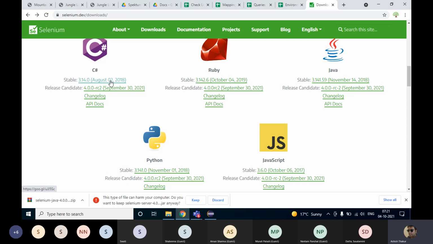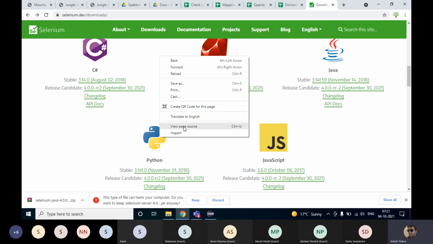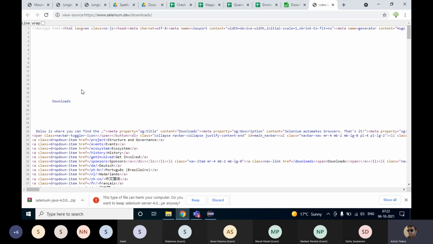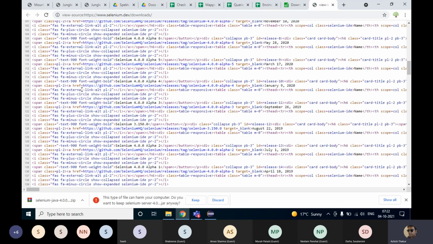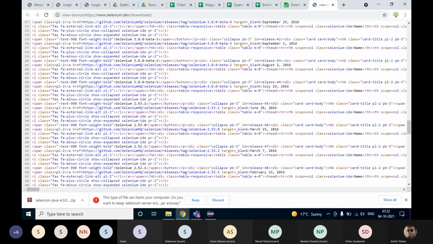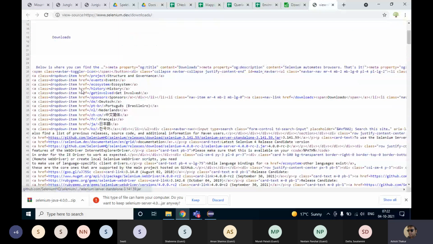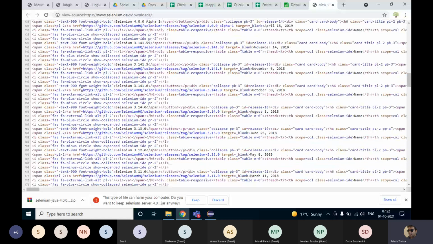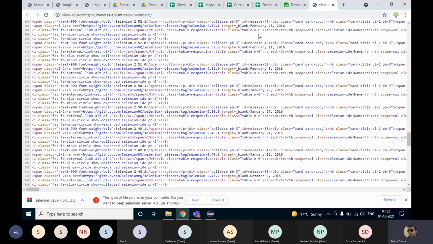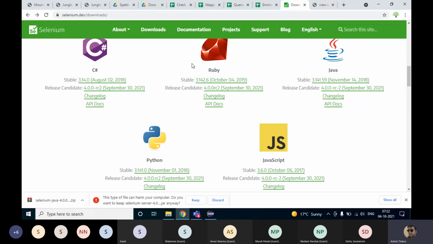All right, let me inspect this web page. Right, look, what happens is that every web page has some HTML code. When you right click on the web page, you get the option view page source. If you go to the page source of the website, this is actually the HTML code, the response from the server for the website. Okay, so this code actually boils down and forms a page like this.